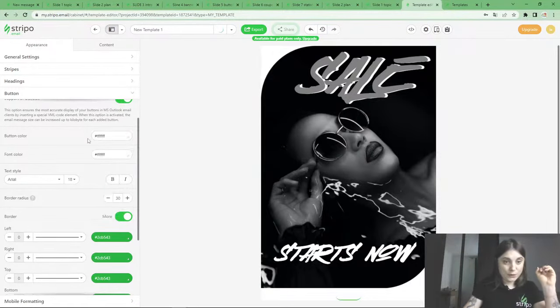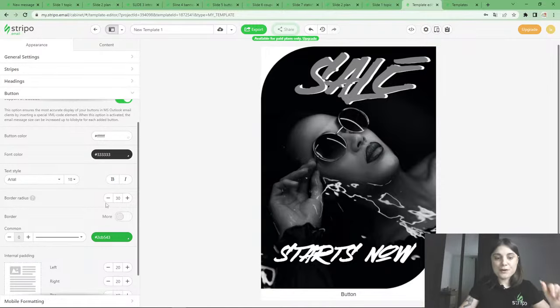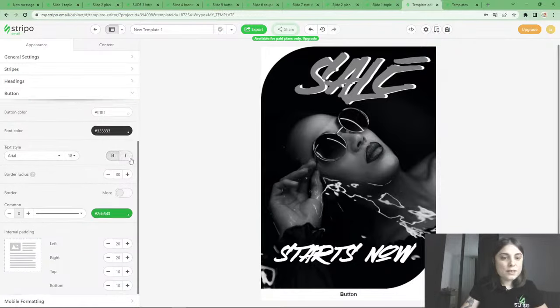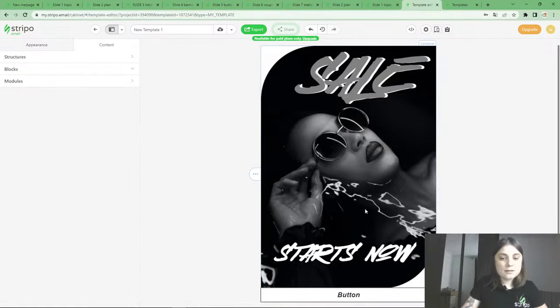So, okay, and the font color will be black. I will reduce all these green not necessary borders, make it bold, italic, a little bit bigger,